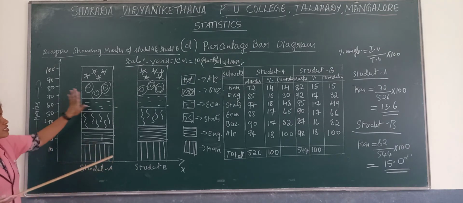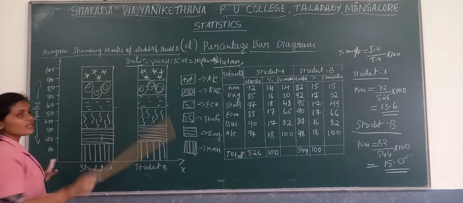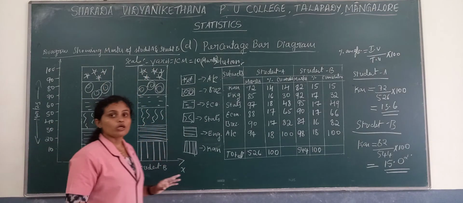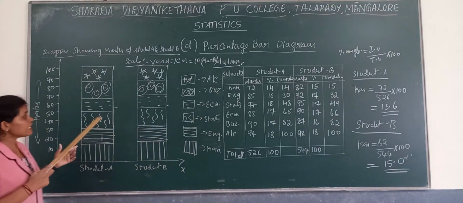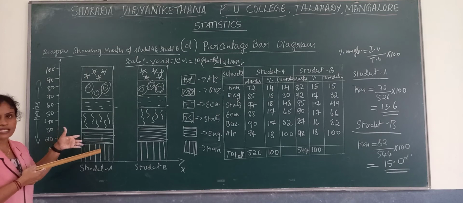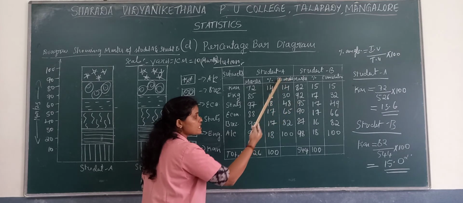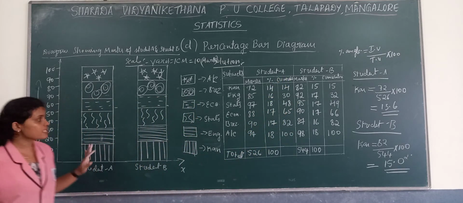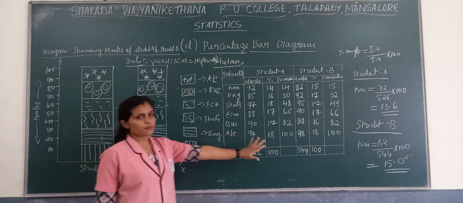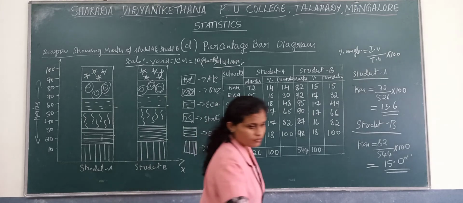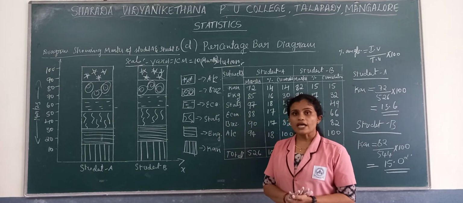As I said, the diagram is similar to the percentage subdivided bar diagram. But here length is always 100. In the subdivided bar diagram the length is according to the total value of the variable, and we represent direct values on a cumulative basis. But here we take the percentage of the values and then represent them on a cumulative basis. That is the difference between the percentage bar diagram and the subdivided bar diagram. I think with this we completed one-dimensional bar diagrams.